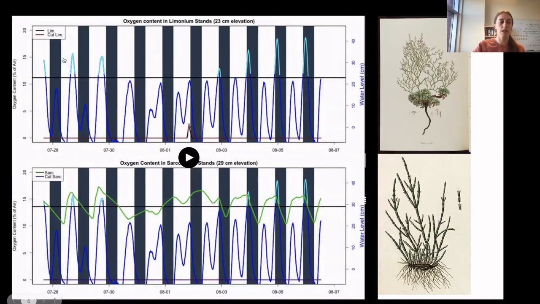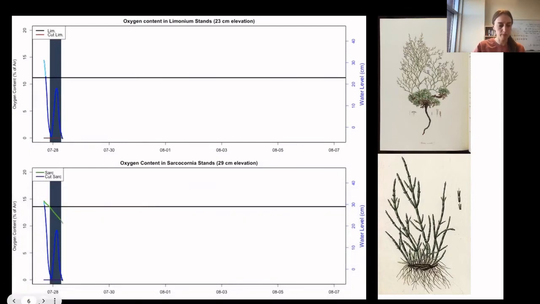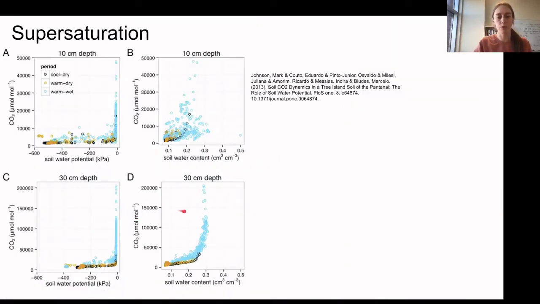These stands still aren't producing like we were seeing with supersaturation in water. We're only seeing oxygen contents of between 10 and 15%, but we still are producing dissolved oxygen here on a daily cycle. So root respiration and primary productivity occurring in these soil environments is a real thing and does make a huge difference for our